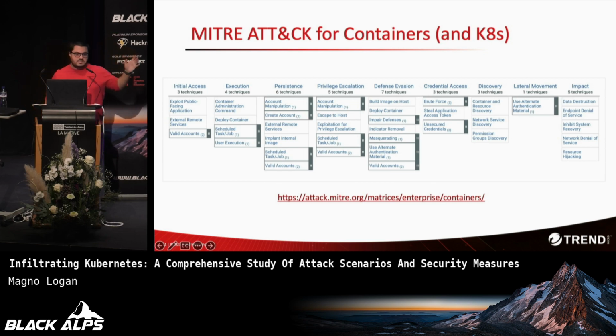External remote services, that can be either the kube API server, which is generally exposed if the cluster is misconfigured, that can happen. Also, the Kubernetes dashboard that was enabled by default in previous versions led to some attacks as well, some compromises. For example, Tesla was compromised a few years back because they exposed their dashboard as well. And of course, valid accounts, valid credentials, right? If you have the proper credentials to that cluster, then there's not much that can be done here.